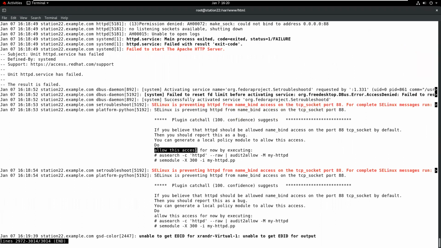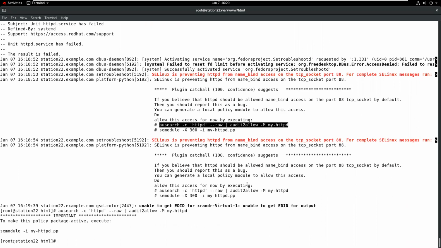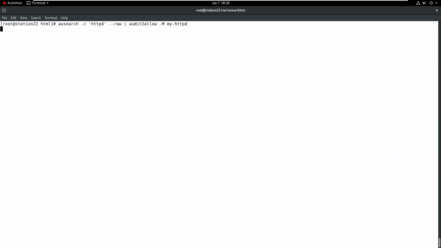Allow this access for now by executing this particular command. So you can use this one also. If I use this command, this will provide the information. To make the policy active, execute this one, then I will place this one again.